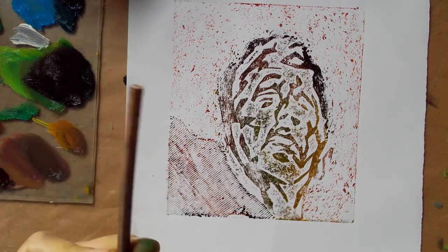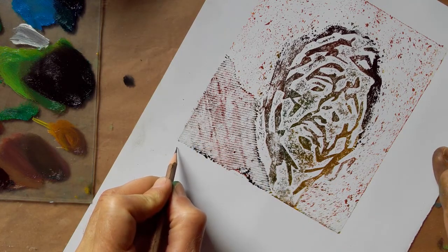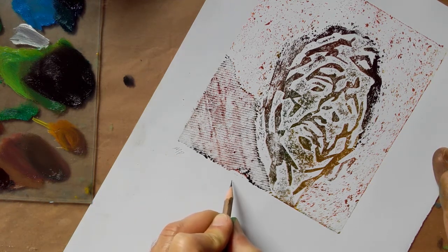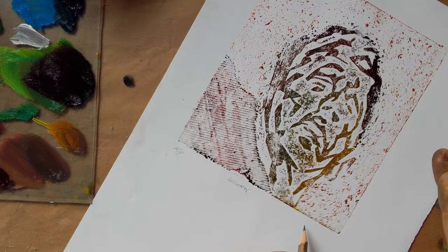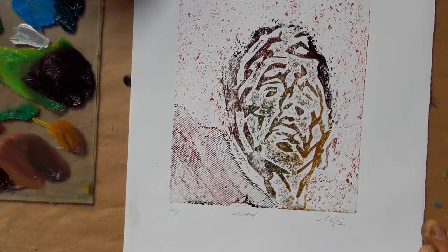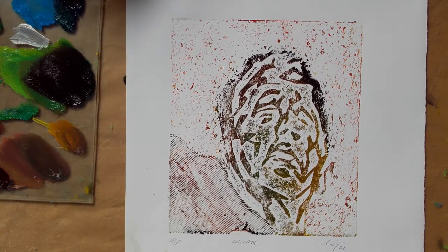Now the important thing to remember when you're printing is to sign it. So for this, which is an artist proof, put A/P and the name, in this case Lucian, and then I sign it and put the year date. There we go, one complete collagraph portrait